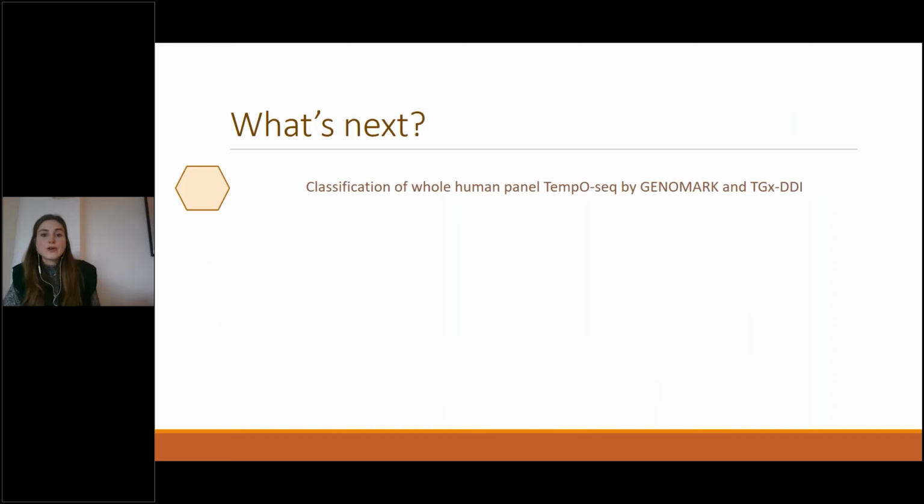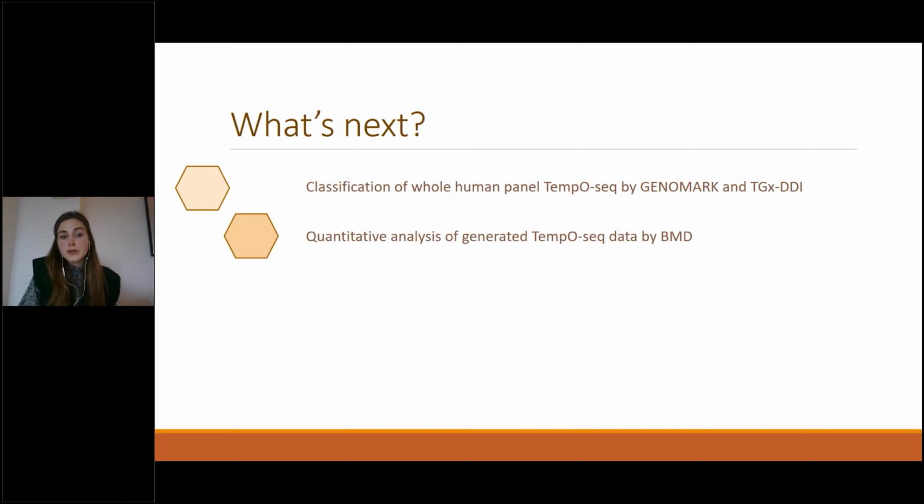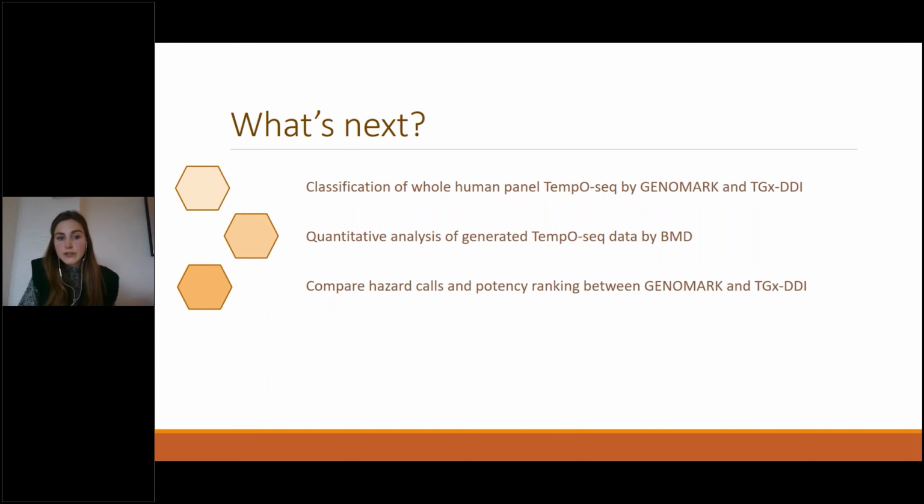So what's next? We have used the TempO-Seq data, the panels, but we still have a lot of data. So we also want to perform the classification of GENOMARK and TGx-DDI for the data of the whole human transcriptome panel. We will perform a quantitative analysis on the TempO-Seq data by using the benchmark dose approach, compare GENOMARK and TGx-DDI for hazard calls and potency ranking. And finally, it's also interesting to mention that we are working for the validation of GENOMARK, and we submitted a pre-submission document to EURL ECVAM, and we are at the moment